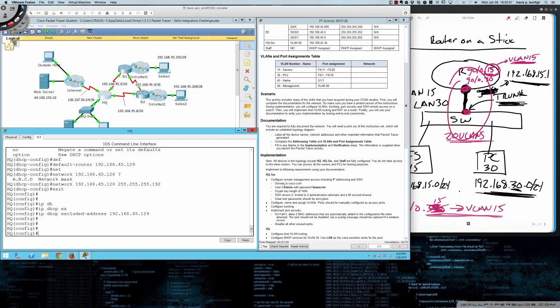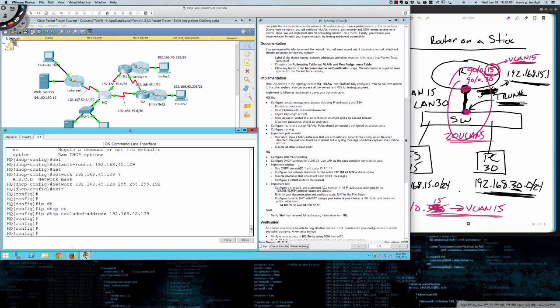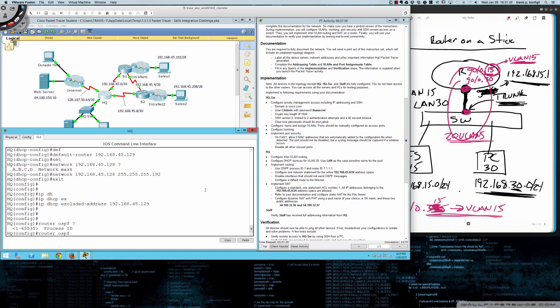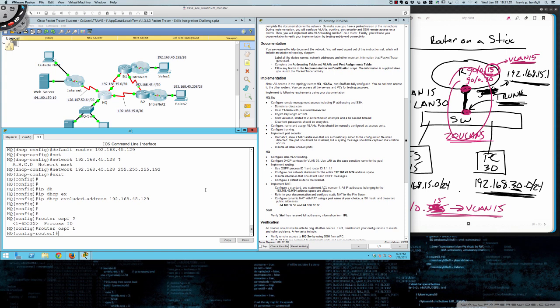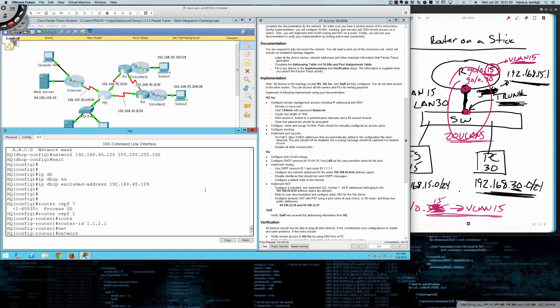And what do we have next here? So we did DHCP with LAN. So implement routing, and let's go ahead. So router ospf 1, and remember, 1 is the process ID, right? And this is locally significant in our scenario. The process ID can be 1 on this router, it could be 50 on B1, it could be 180 on B2, right? So it's locally significant. So we want to set our router ID. I'm going to say 1.1.1.1, and it says configure 1 network statement for the entire